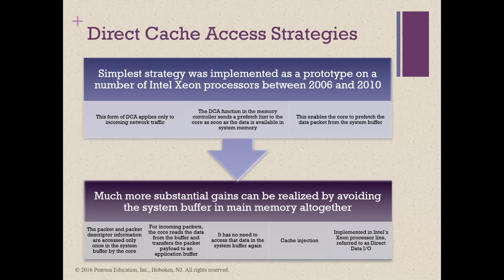So for the specific function of protocol processing, note that the packets and the packet descriptor information are accessed only once in the system buffer by the core. For incoming packets, the core reads the data from the buffer and transfers the packet payload to the application buffer. It has no need to access that data in the system buffer again. Similarly, for outgoing packets, once the core has placed the data in the system buffer,